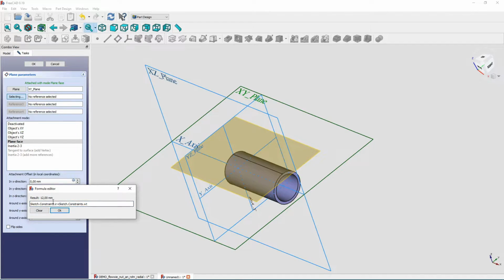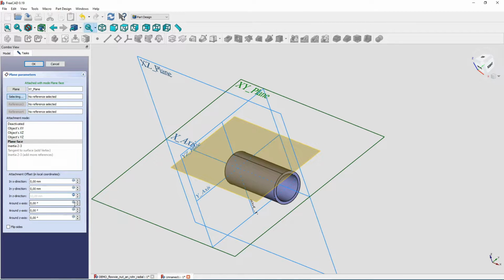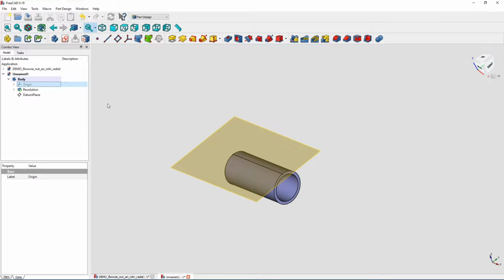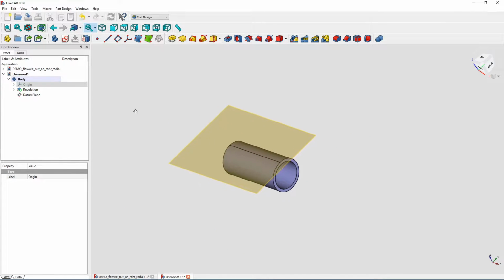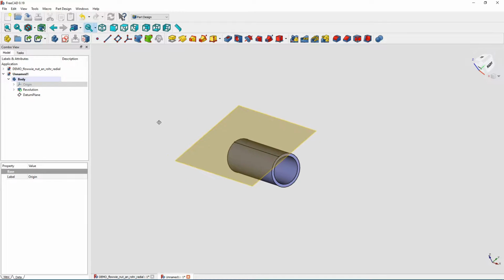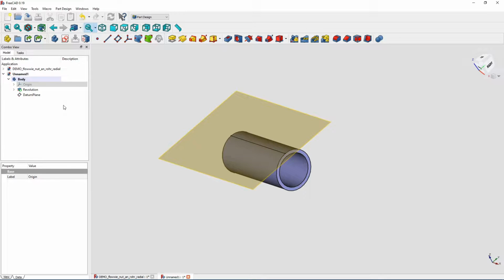I could just say always the outer radius is the correct value. But in this case, I think I'm good. Here it turns light gray, so I see it's no longer a fixed value but a variable. So okay, and let's test it before we continue. That's something that I really got used to, always test the small steps so that I don't get surprised in the end that everything is falling apart because I made somewhere on my